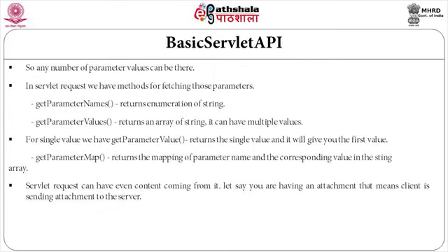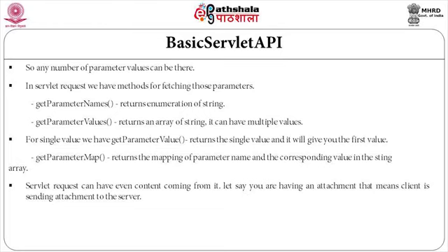If the same name is being repeated, the parameter name is the same, but it has multiple values available. So, you can always have a form where you have input tags having the same name, and all the values of that particular name can be made available by using the method called getParameterValues, which returns an array of strings. So, that way we have this method to get all the parameter values.